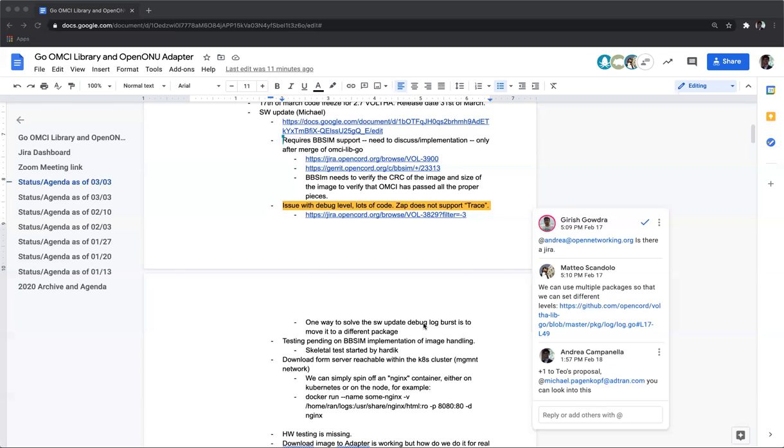Yeah, we can. The only downside of it is that depending on how big this image is, it will increase the BBSIM container size. Yes, but that may not be a huge issue. Yeah. I don't think for testing we actually need a big image. We just need a random file. Yes, I think for BBSIM, we can try with anything, really.